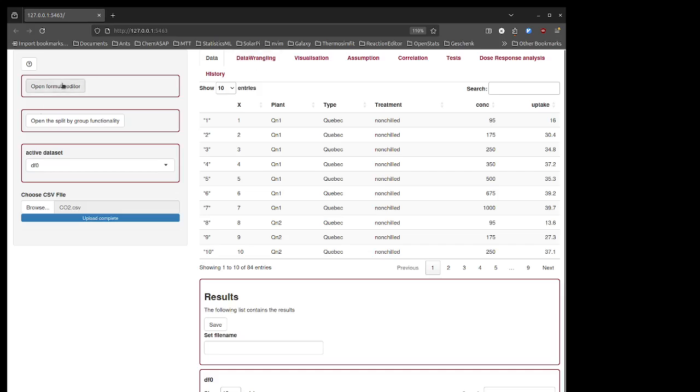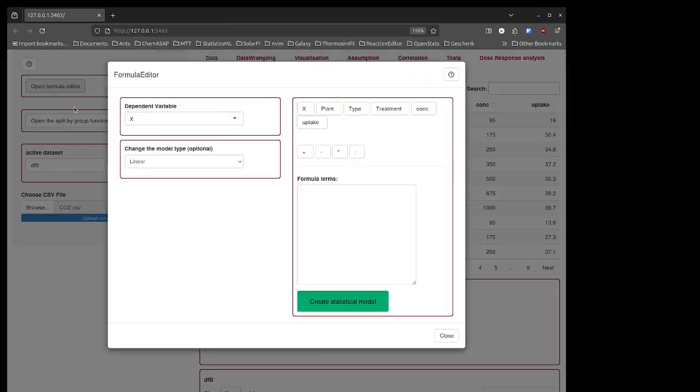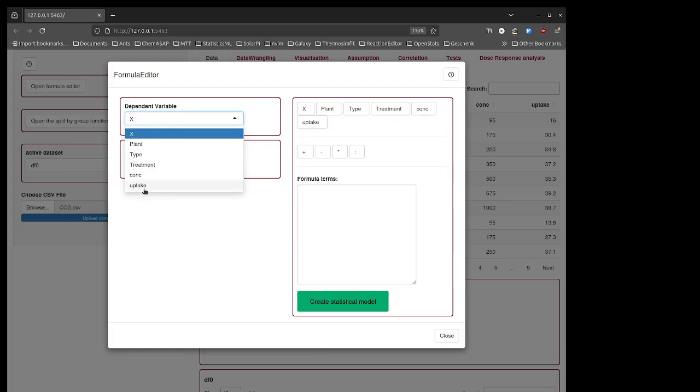But for now, let's click Open Formula Editor, and within this frame we can choose the model type, and it's optional, and the default type is the linear model, so we don't have to change anything here. But what we have to change is the dependent variable. The dependent variable is the variable on the y-axis, so it depends on another variable which will be defined later. For now we say, okay, we want to see how the uptake of CO2 by plants is affected by,